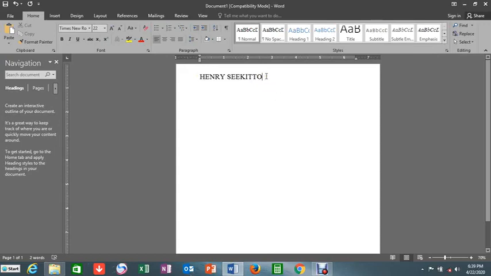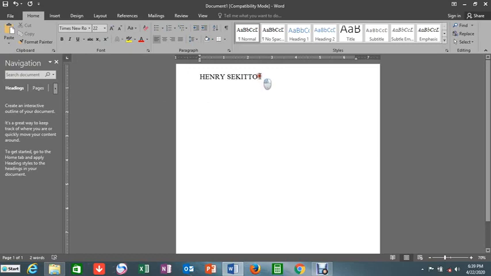Then you hold down the left mouse button, then move in the direction of your choice. So I'm going to copy Sejito. So highlight Sejito. After highlighting, we have our options. Now, these options are now active. Remember in the beginning, they were inactive. Even if you click on them, they don't work up to when you first select an item.